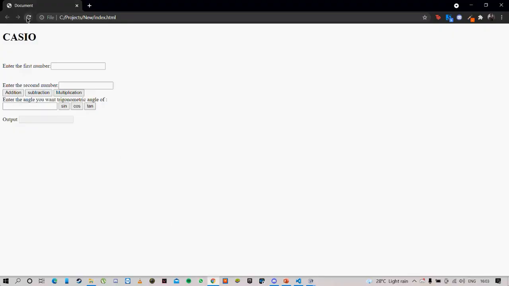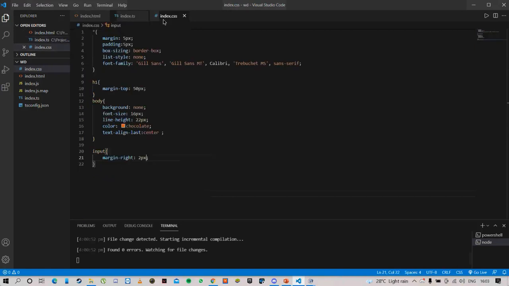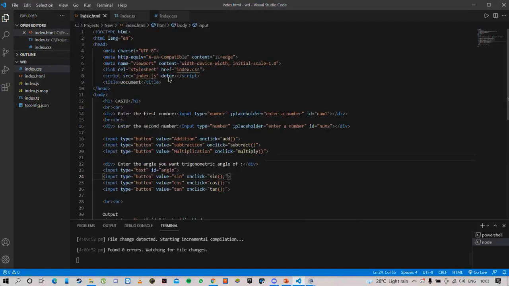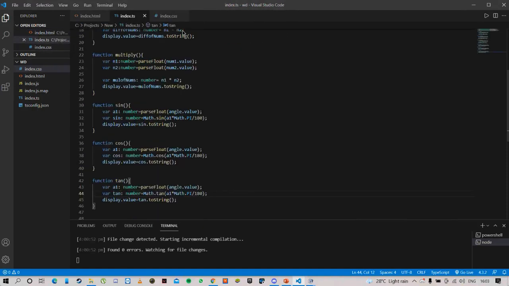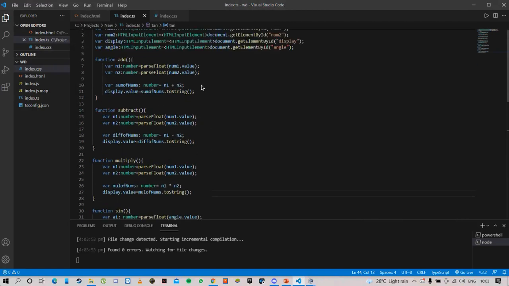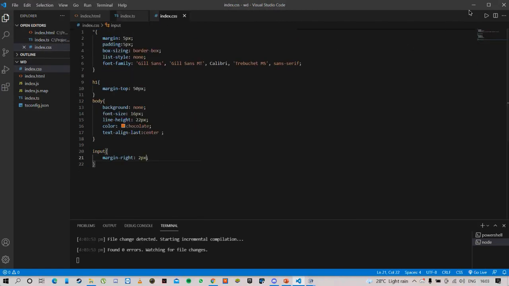So it is. Why isn't it happening? Index.css. Okay, I don't know whether the CSS thing is happening, but I'll show you what we can do with CSS